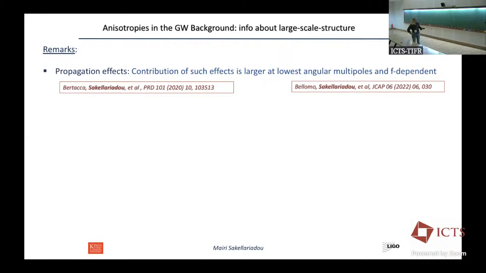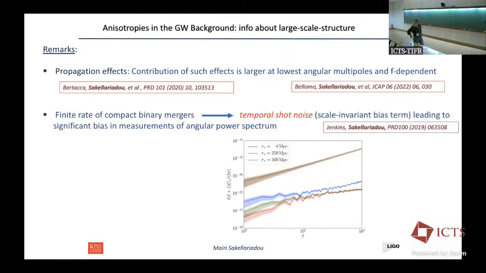One is actually a numerical simulation. This is a public code where you can put the particular model that you want, and you can calculate which will be the effect of the propagation of the gravitational waves. There is another more important effect, which we found a bit later, which is what is called the temporal shot noise. People who do astrophysics know very well that there is a scale invariant term, which, as you can see, is dominant, which actually is the effect of having a finite number of compact binaries,